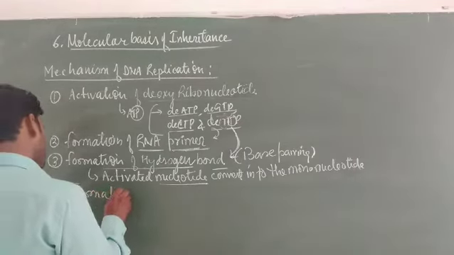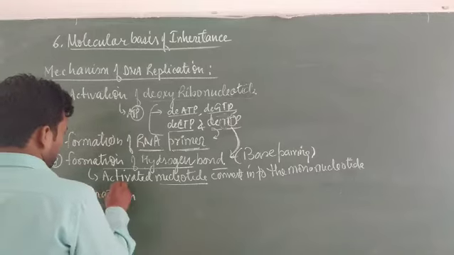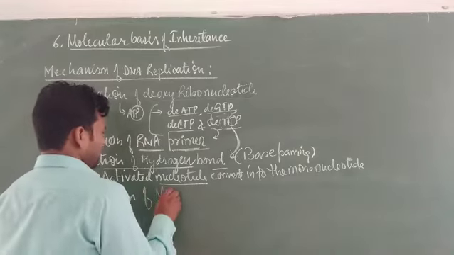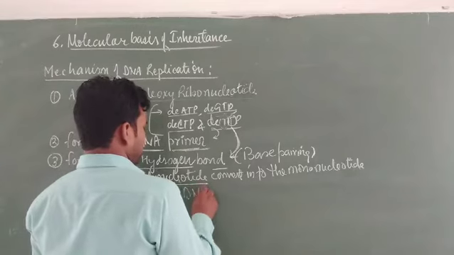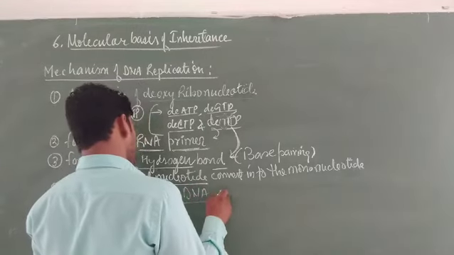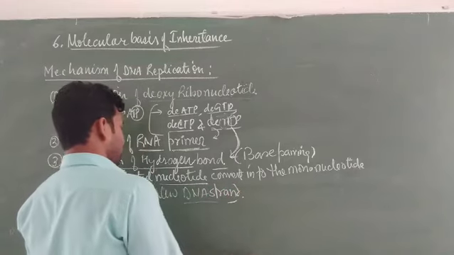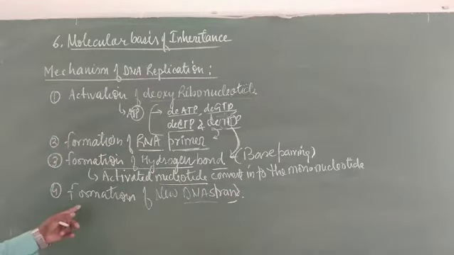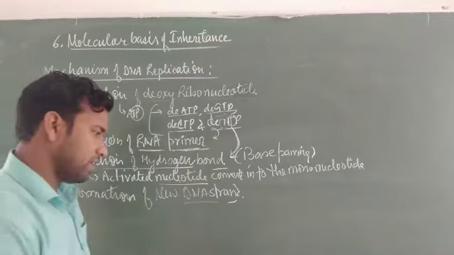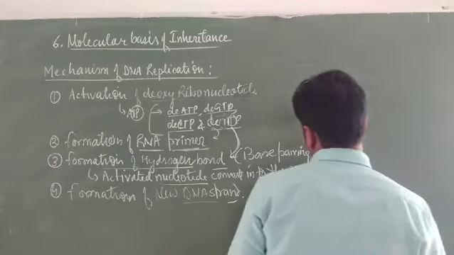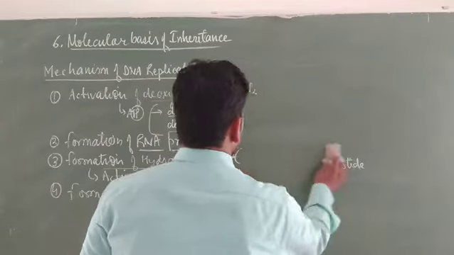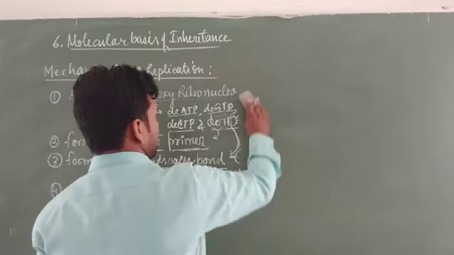Elongation, as a result, formation of a new DNA strand. It means elongation and then termination. Here it is not written as elongation; only one sentence is written here: formation of new DNA strand. Students, now by considering all these steps, let us understand the diagram of